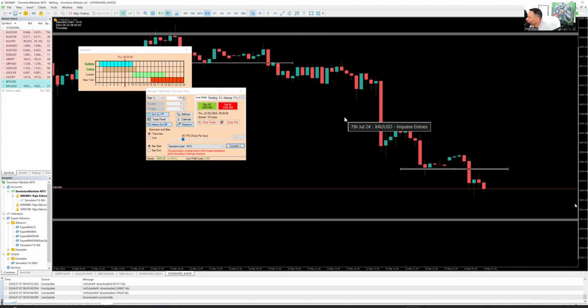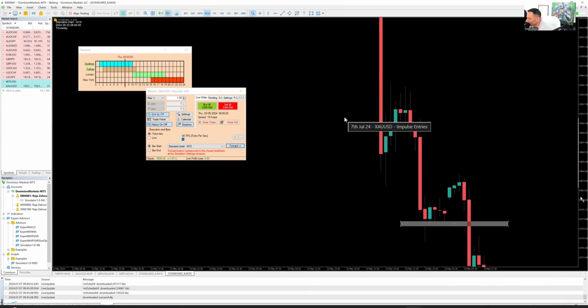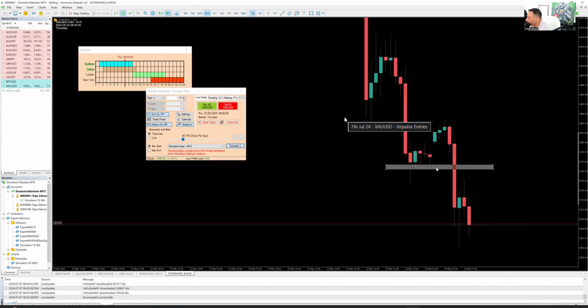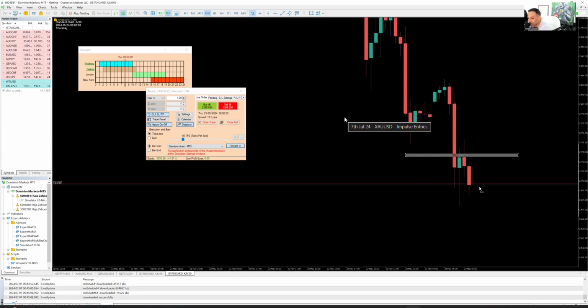Zooming in, and come on, man. Like this. And it looks like we are creating a resistance right here. We have a resistance formed. Now, all we want is for the next candle to maybe wick up and then continue to push down. But before we talk about candles wicking up and moving down,